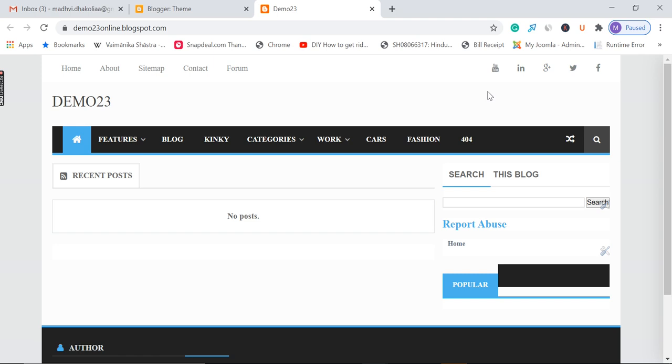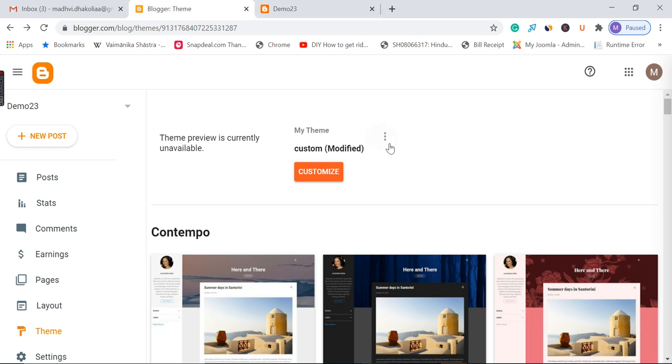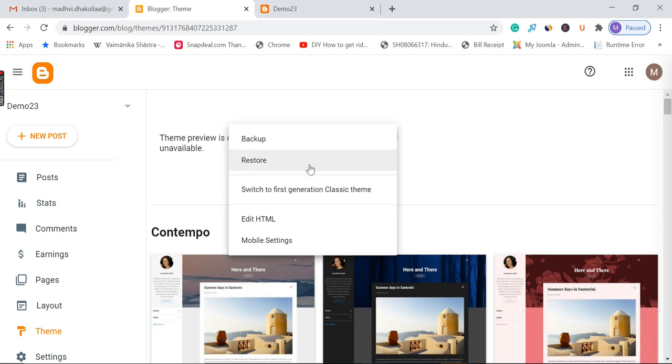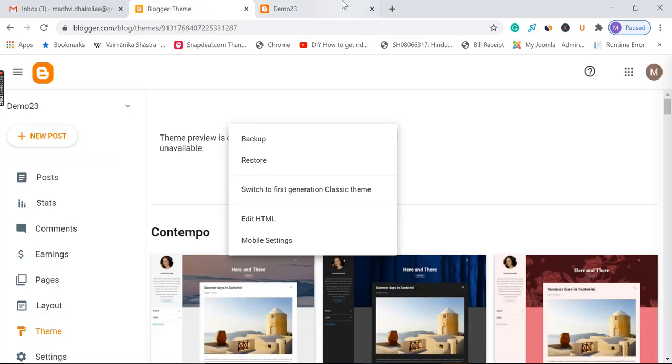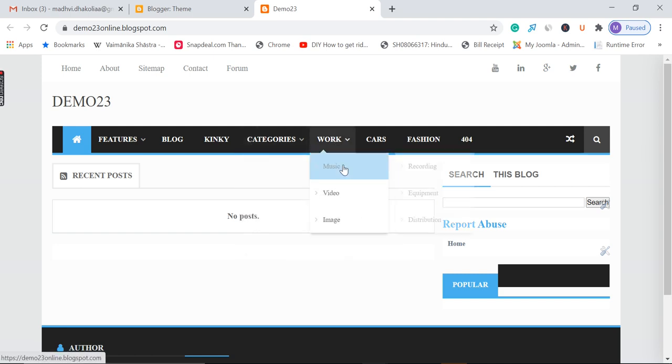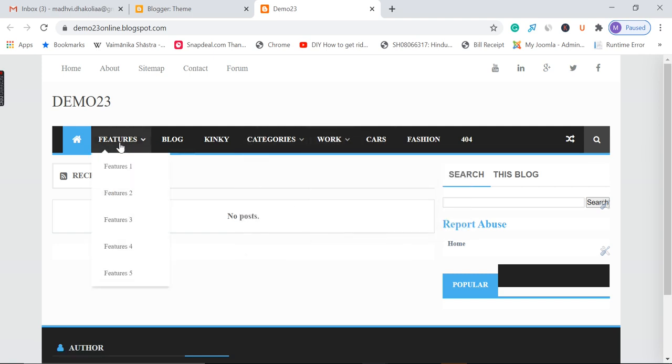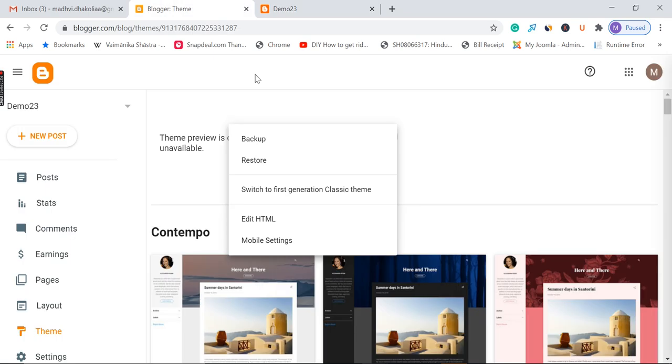So here, this is a very beautiful blog using the colored Minima 3 theme, and this is how you will restore the theme. And there are some changes that need to be done only when you have details. If you're doing editing, if you're removing the entire line, then you might need to do the editing in HTML.